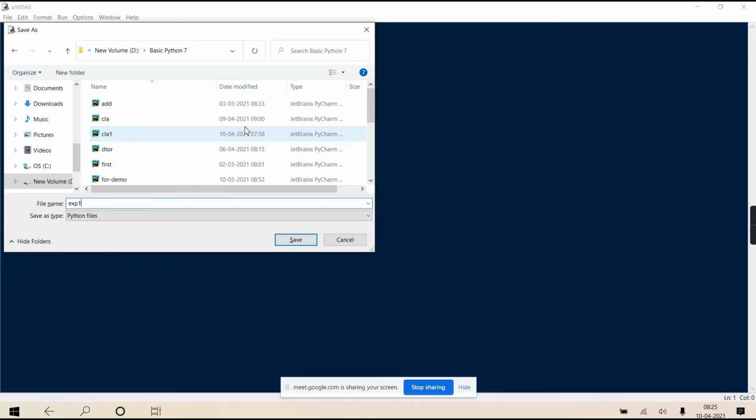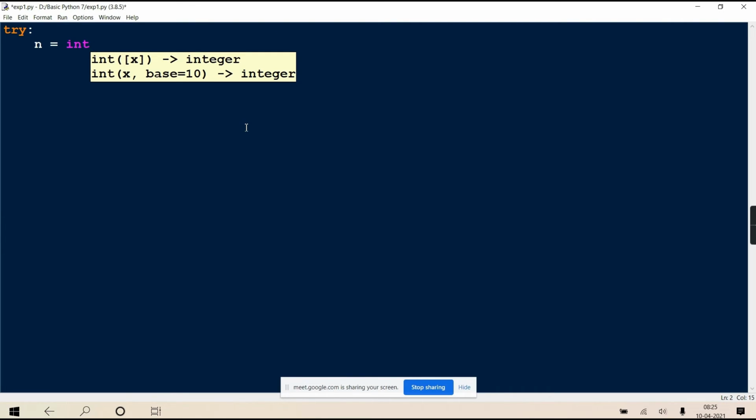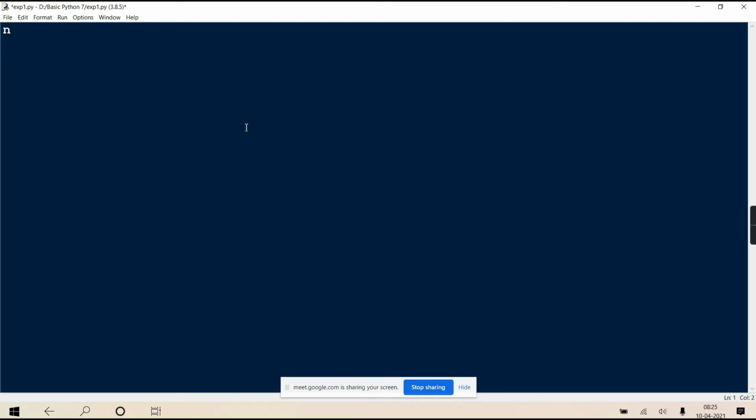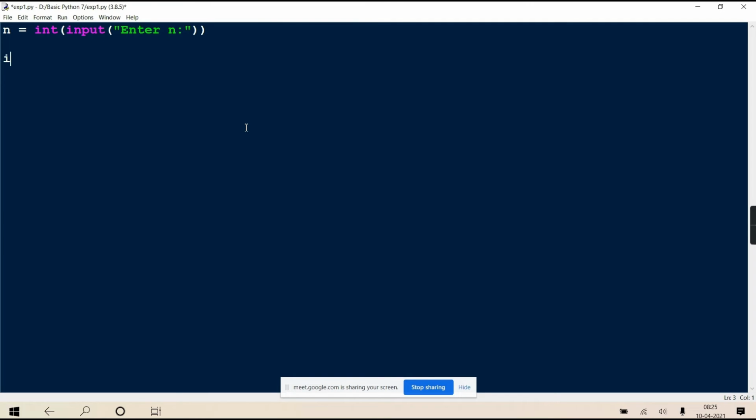I'll give exception 1, suppose. I'm writing a try block. I'm accepting one input from the user. No, I don't want to write it with try initially, because initially I want to tell you we are going to raise it but handled by PVM. Okay, enter n, suppose. Now what I am going to do is check whether n is even. Clear? So what I have done: if n modulo 2 is 0, if it is even, then I am going to raise